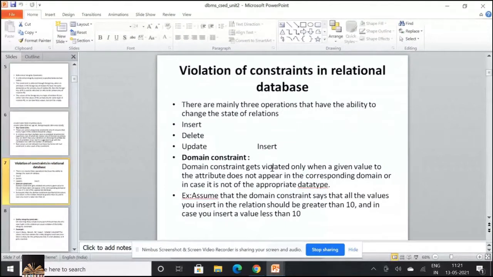Domain constraint gets violated when a given value of the attribute does not appear in the corresponding domain. As an example, you have taken an attribute as integer and you are trying to enter a character data. That violates the domain constraint.